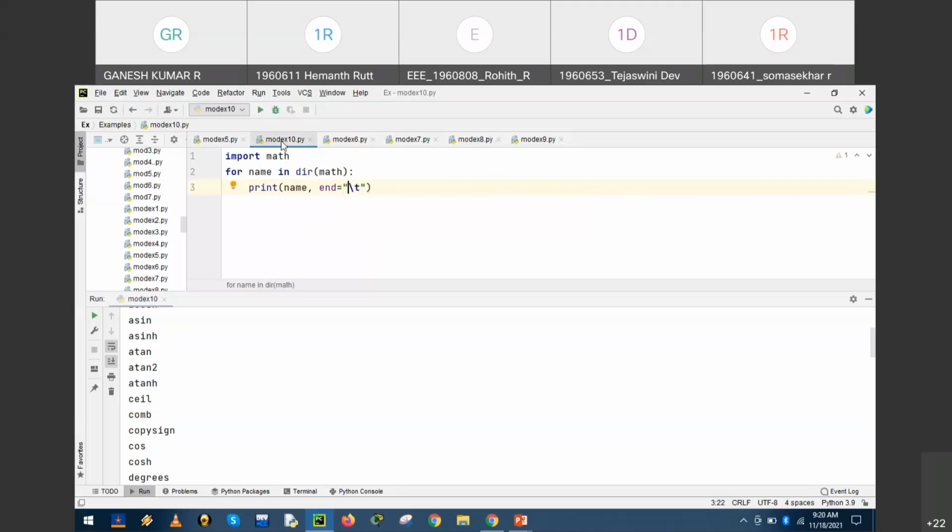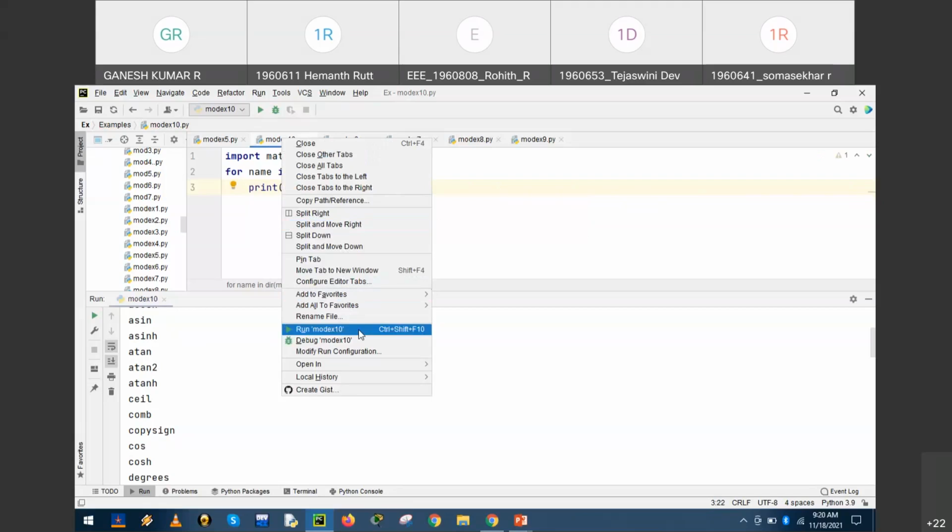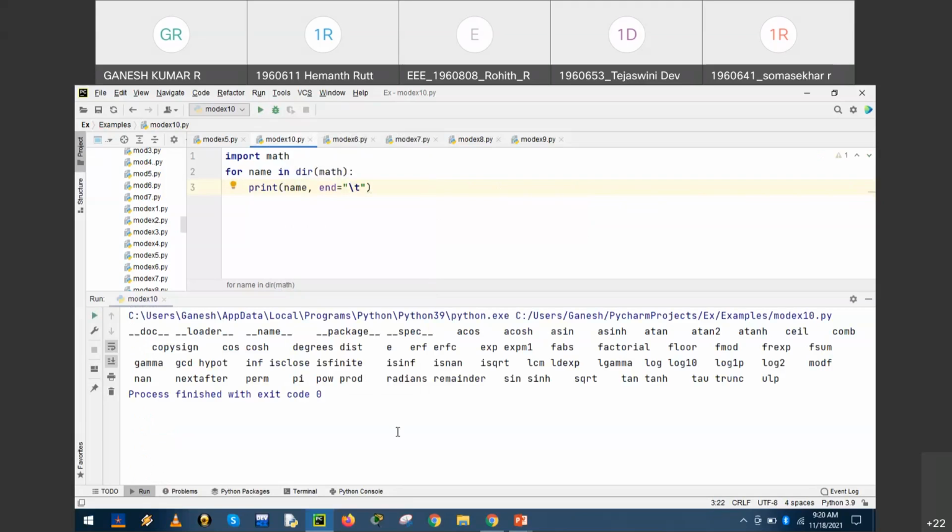So this will help us display the content of the math module with a tab space. So now it looks simpler and easier, right? With backslash tab. So with the tab space, all these entities are displayed.